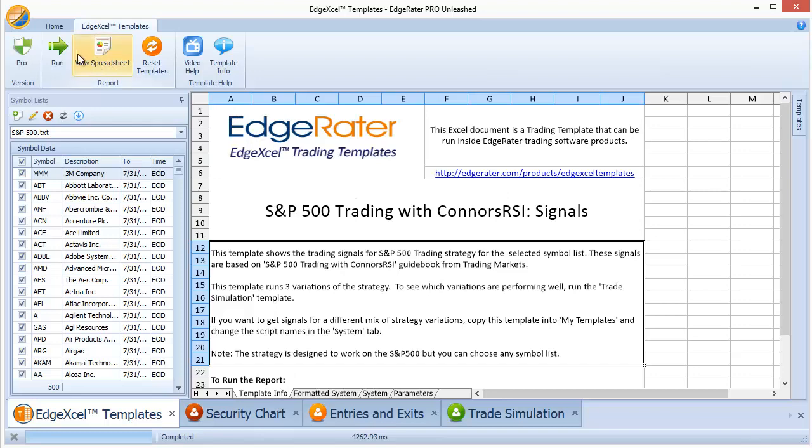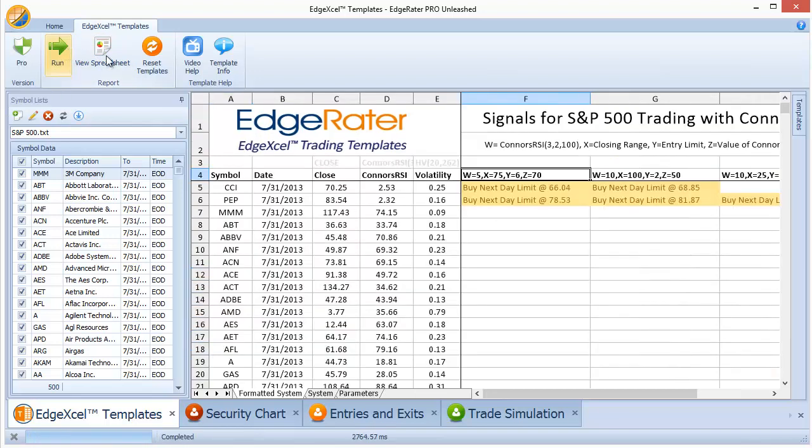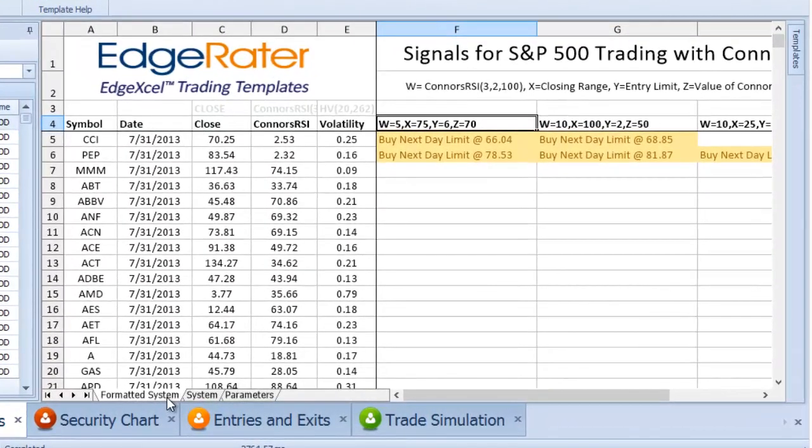And if I hit Run again now, just let it run through those variations, and now you see that the first worksheet that's shown to you after running is the formatted system sheet, and you've got the heading set correctly with the text representation of the variation, and you've also got the formatted data, so buy next day limit at